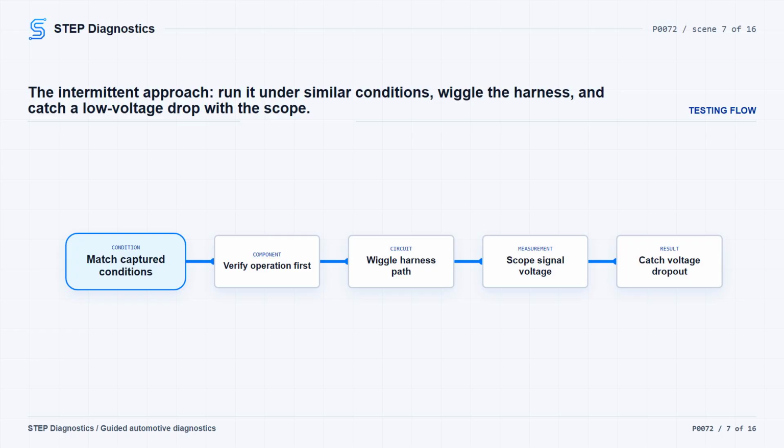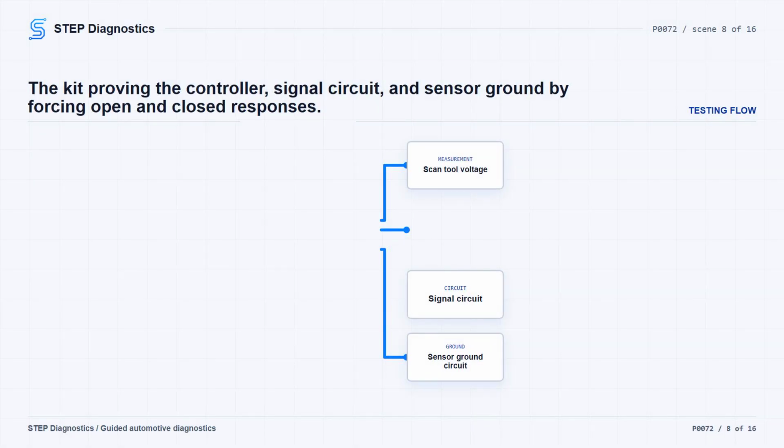If you cannot watch it live, set the trigger for voltage above 4.9 volts for an intermittent circuit high fault or below 0.1 volts for a circuit low fault. If you have the electrical test lead kit, use it to check the controller, signal circuit, and sensor ground circuit together. Connect the electrical test lead kit,